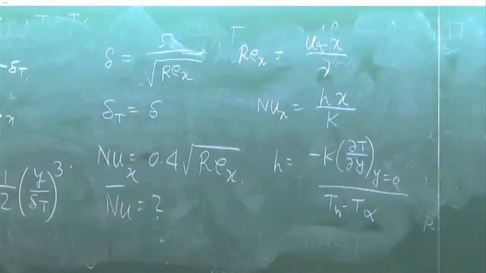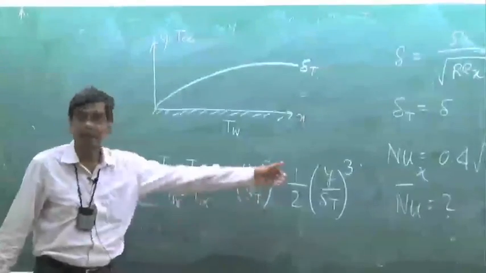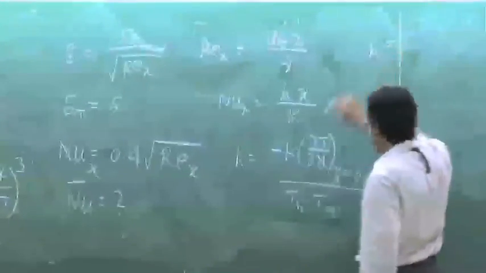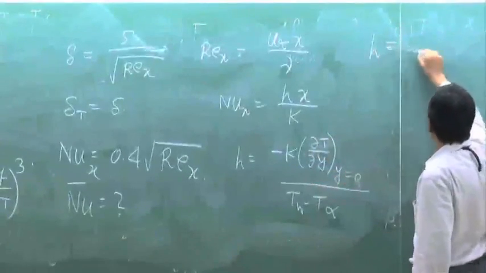What is del T del y? Del T, this is a minus, that means T infinity minus Tw into 2 by delta T. This term will be 0. That means Tw minus T, so minus will go down. That means minus minus will cancel, equals to